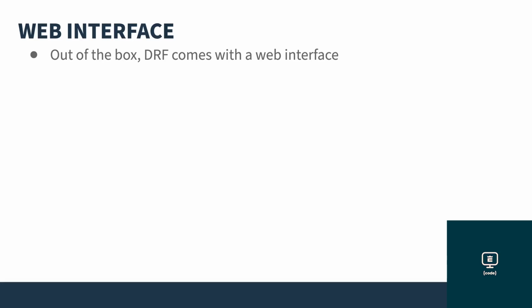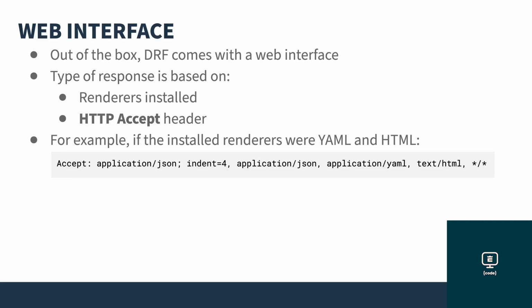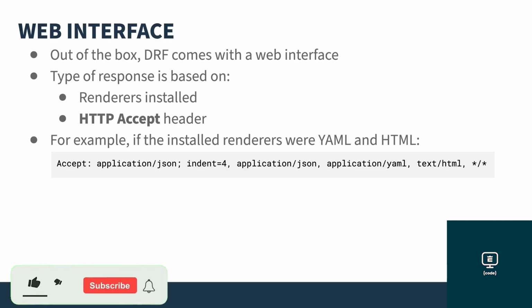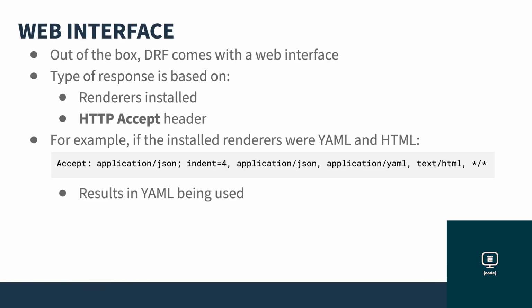How does DRF know what to respond with? Well, there's two answers to that question. First, what renderers are installed? And second, what HTTP accept headers are sent? For example, if you had a YAML and an HTML renderer installed, and your program sent the following accept header, accepting JSON, indented JSON, YAML, HTML, and everything else, then YAML would be used because it's the first renderer that